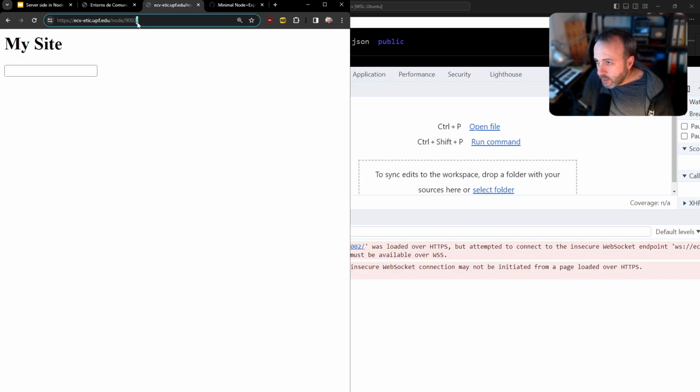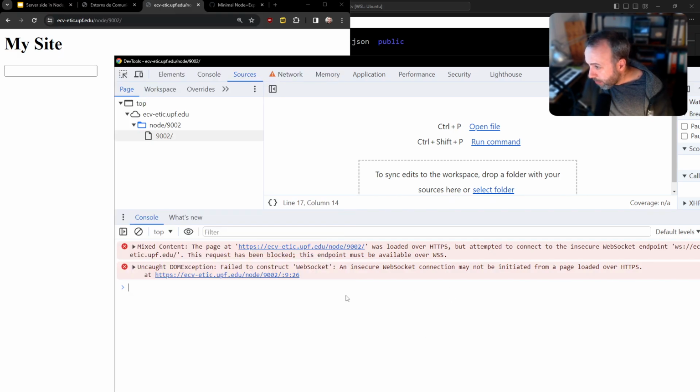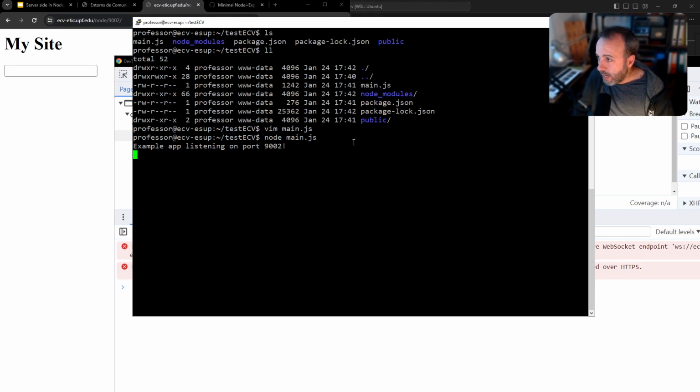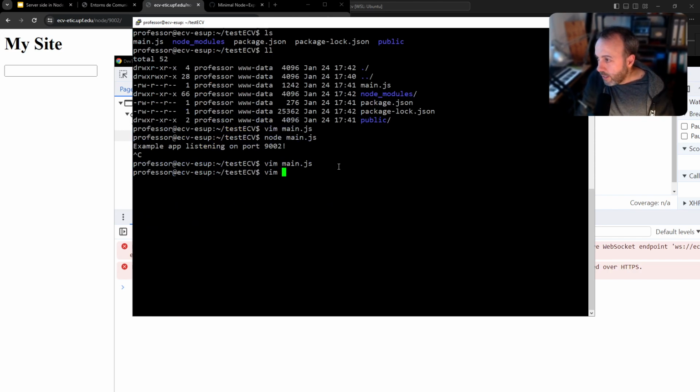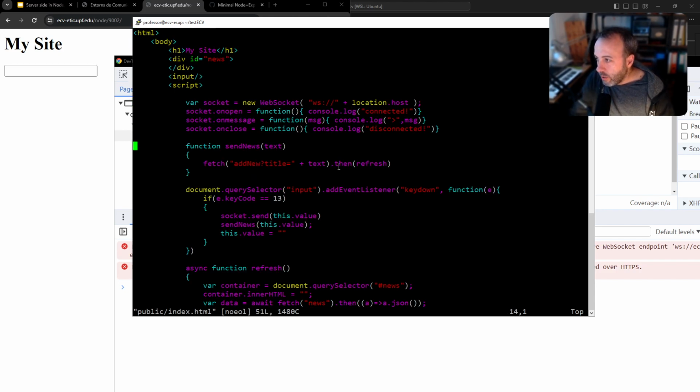Also, by the way, it's HTTPS. Yes. So the WebSocket didn't work, and we can try to fix that. The reason why the WebSocket didn't work is that, in the public index, I was connecting to WS, and in this case it should be WSS because it's secure. And also this thing I was doing, localhost, doesn't apply in this case